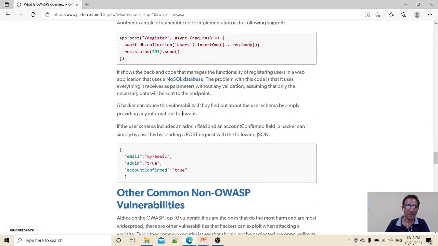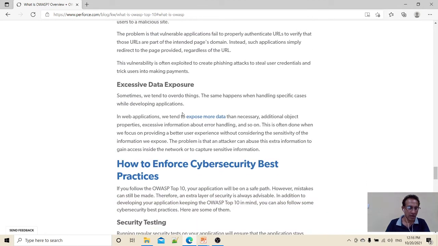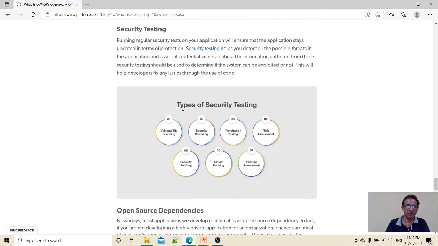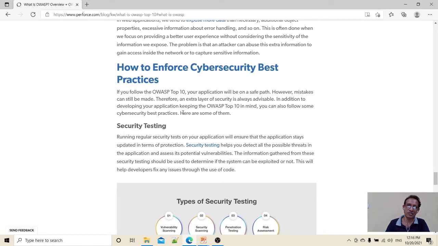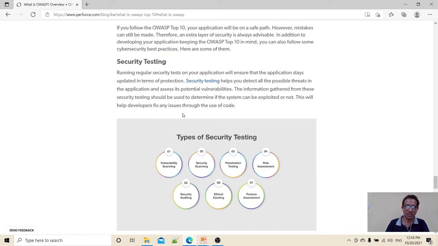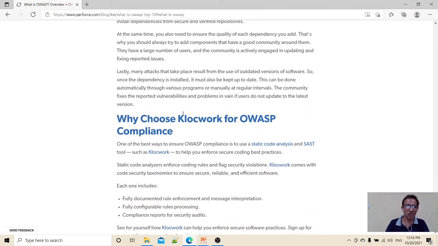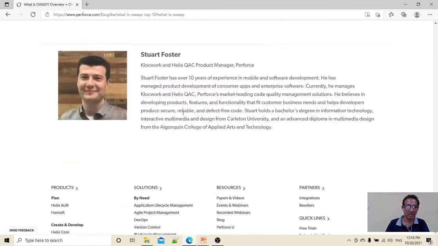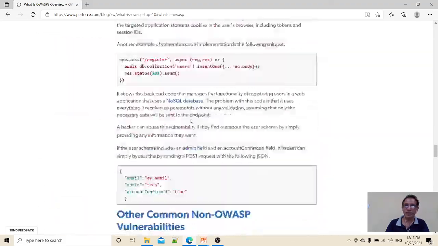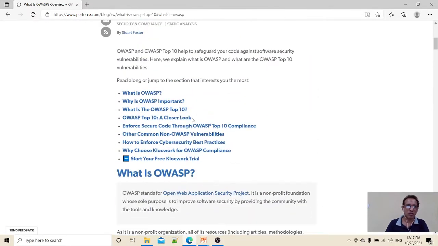So that is why it's very important. The OWASP organization proposes best practices, with these security measures, so that you can avoid those sorts of vulnerabilities. Therefore, it is very important to practice and learn about OWASP